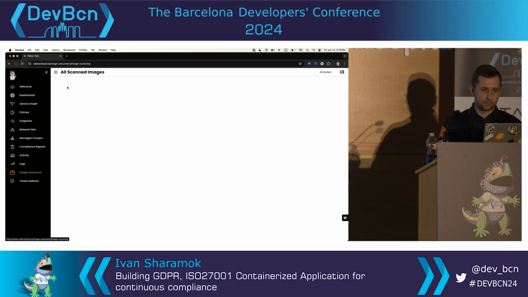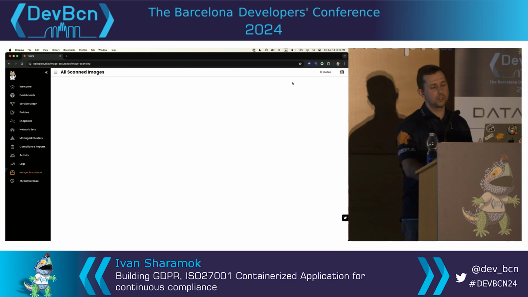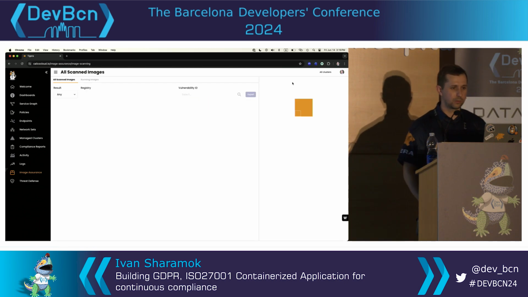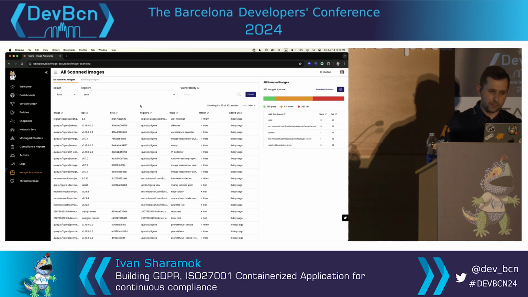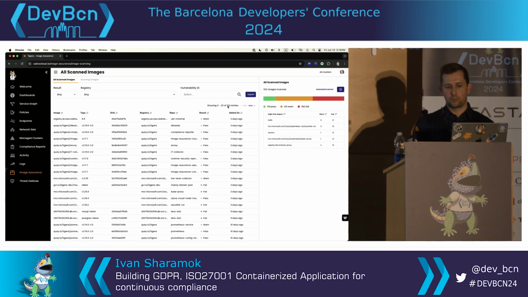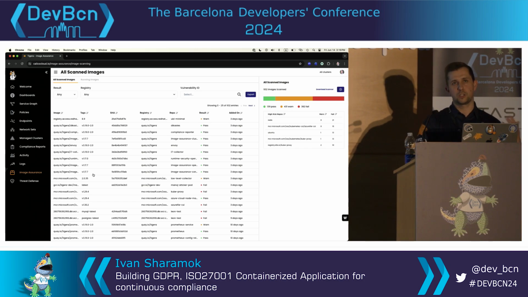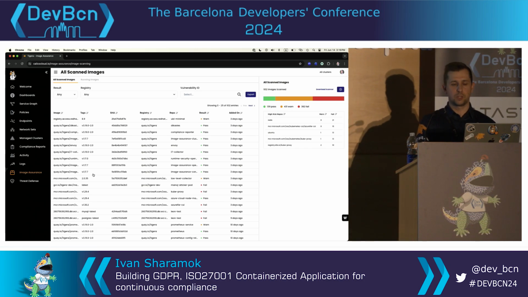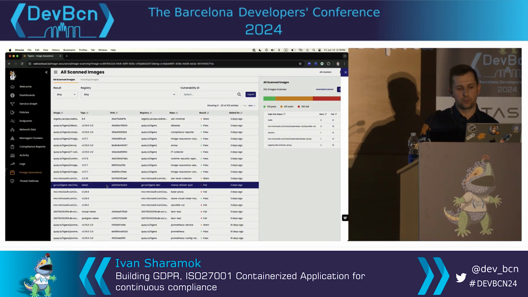But I also mentioned vulnerability management as one of the aspects in the platform. Image assurance is the part that shows the vulnerability management. I'm running this through my phone internet, so it's slow to get the data. Okay, so I got it. You can see there is a huge list of images, 932 entries. This is a shared cluster that my team uses.